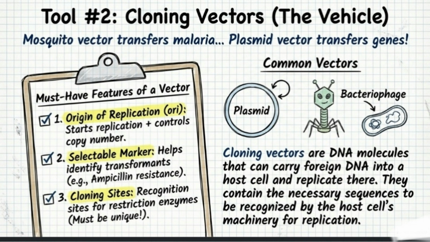Must-have features of a vector. One, origin of replication, ORI. It starts replication and controls the copy number. Two, selectable marker. It helps identify transformants. Example: ampicillin resistance gene. Three, cloning sites. These are recognition sites for restriction enzymes. And remember, they must be unique. So, a cloning vector acts like a vehicle, carrying the desired gene safely into the host cell